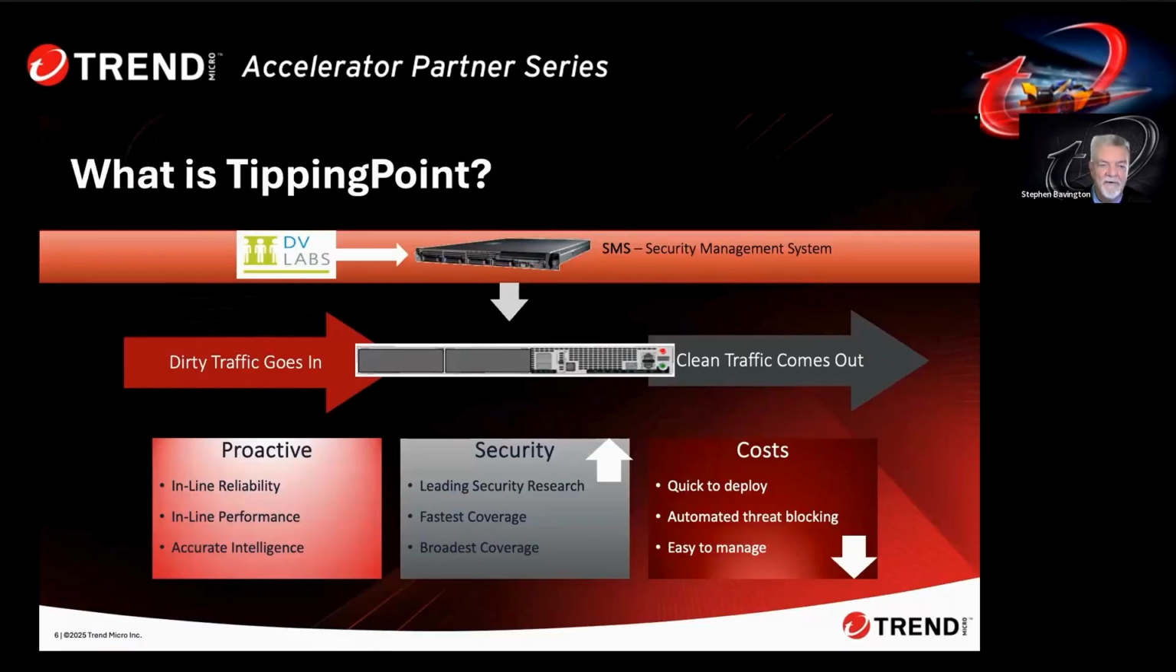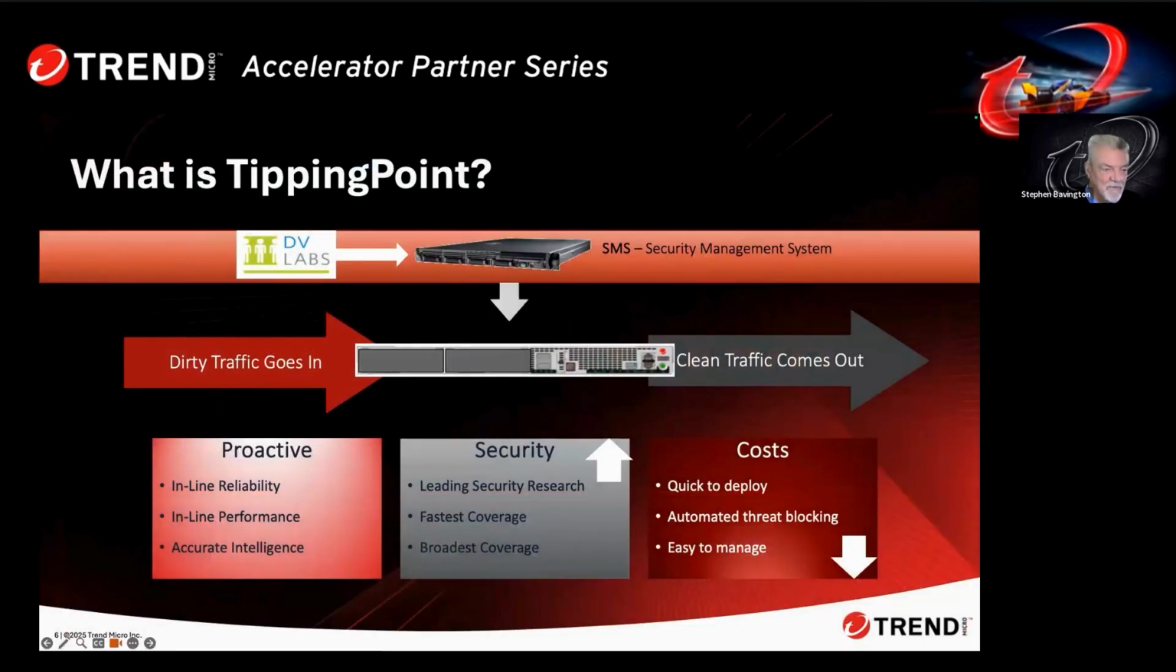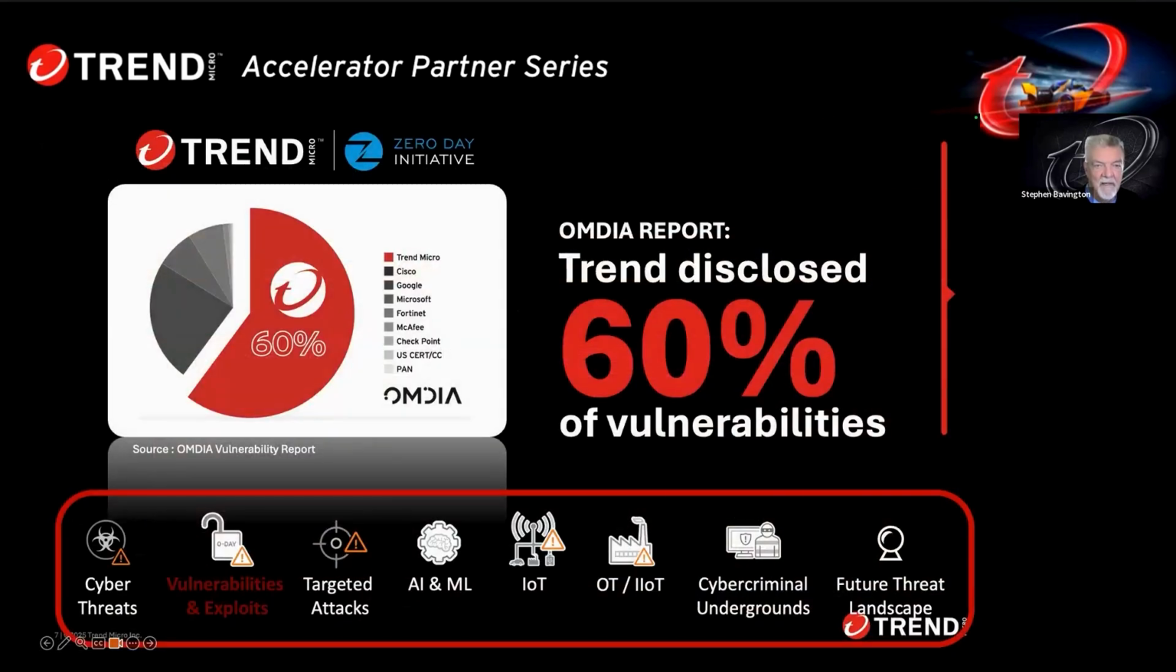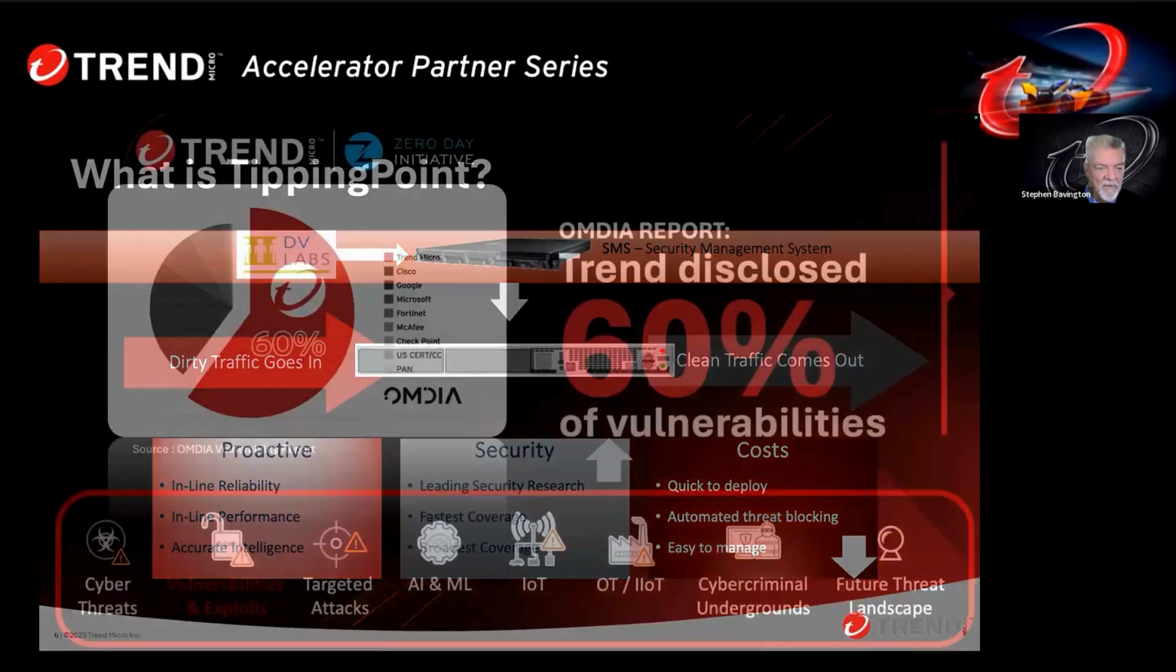So this is the TippingPoint high-level slide. Basically, it's a water filter. It's a filter. Dirty traffic goes in, clean traffic comes out. We block anything that's got a network correlated CVE. It's proactive. It's got really low latency. It's security built for